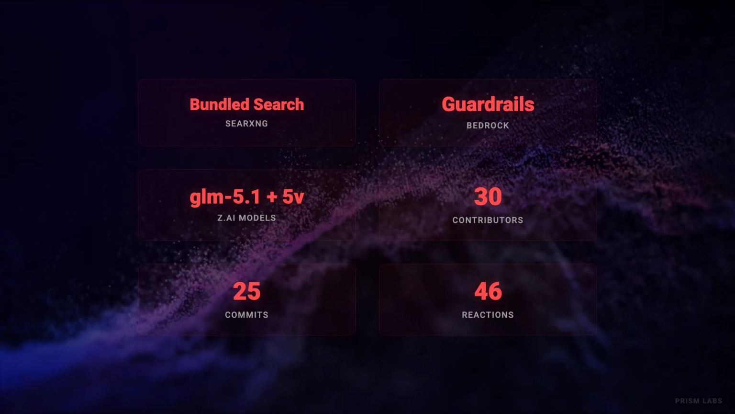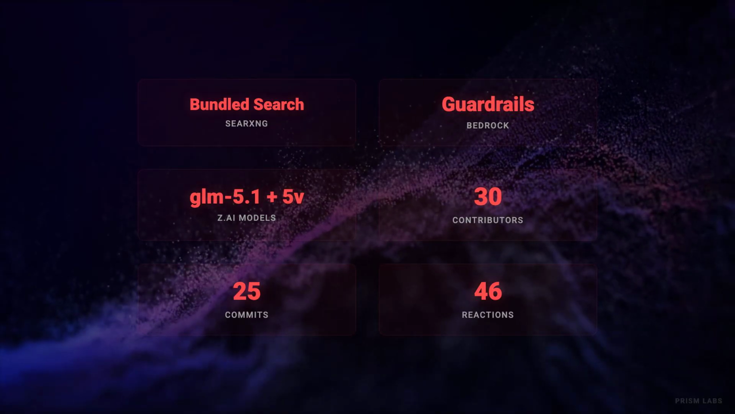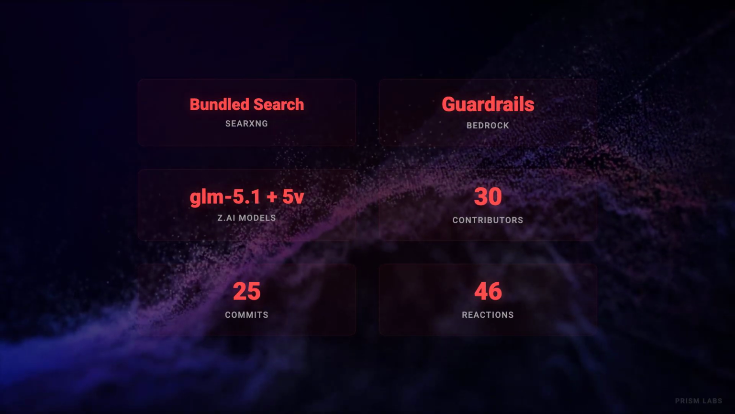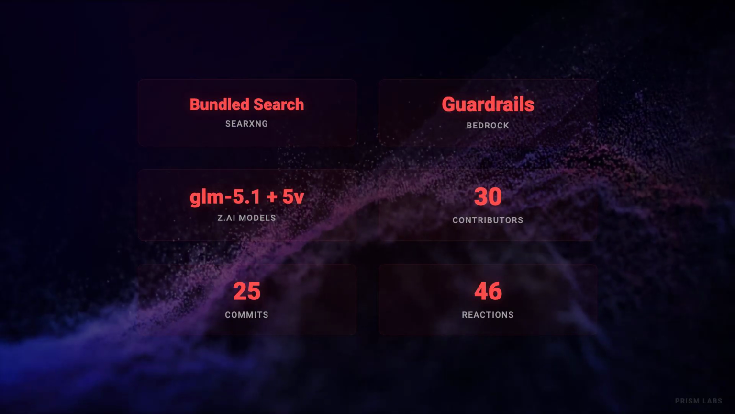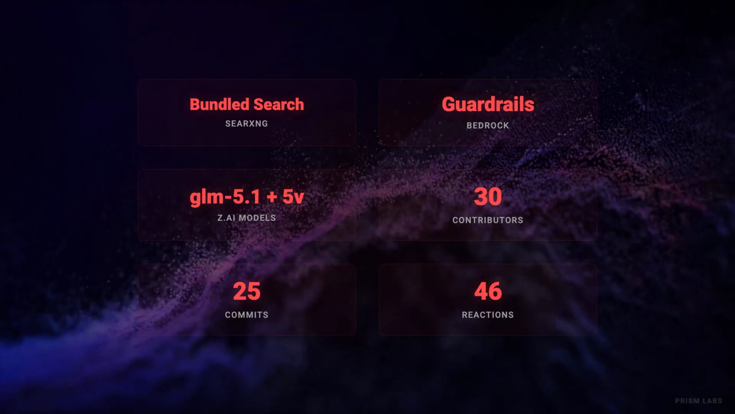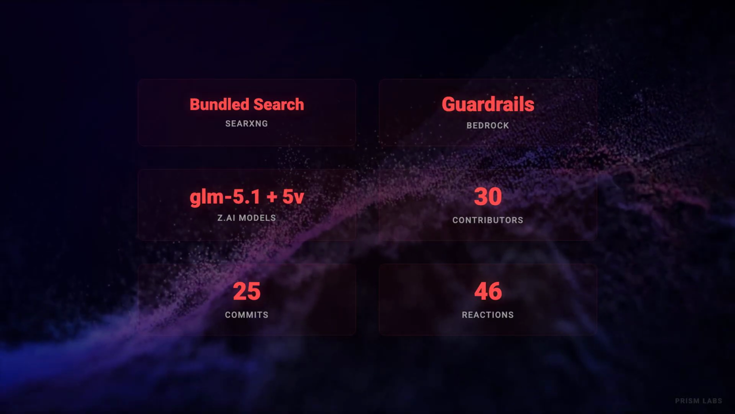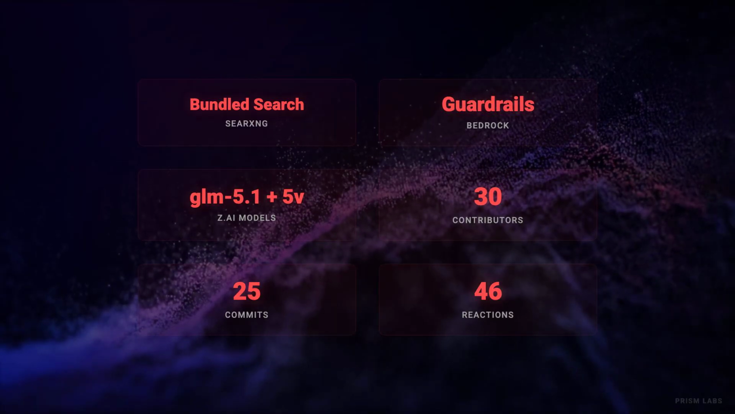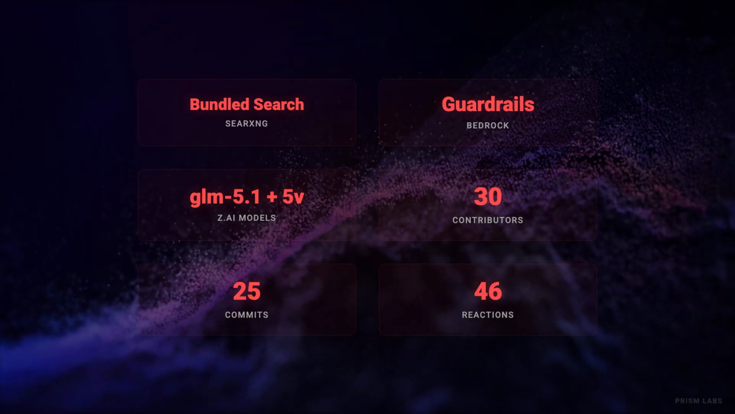Second, Amazon Bedrock guardrails. If you're running models through Bedrock, you can now apply content filtering and safety policies directly through OpenClaw's provider layer. Guardrails evaluate both the input and the output, catching policy violations before they reach users or downstream tools. Third, Z.AI joins the model roster with